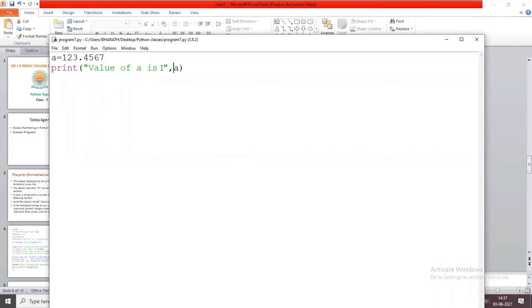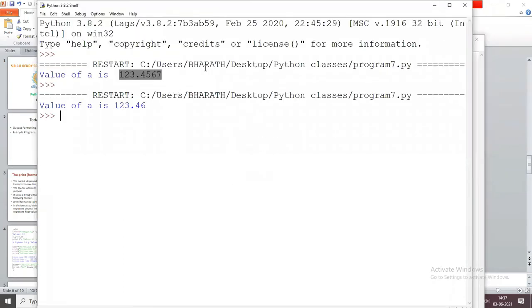So how do I print? In those cases, you use percentage 0.2f, and here I specify percentage A. Okay, I hope you understand. So what is the purpose of formatting of data?